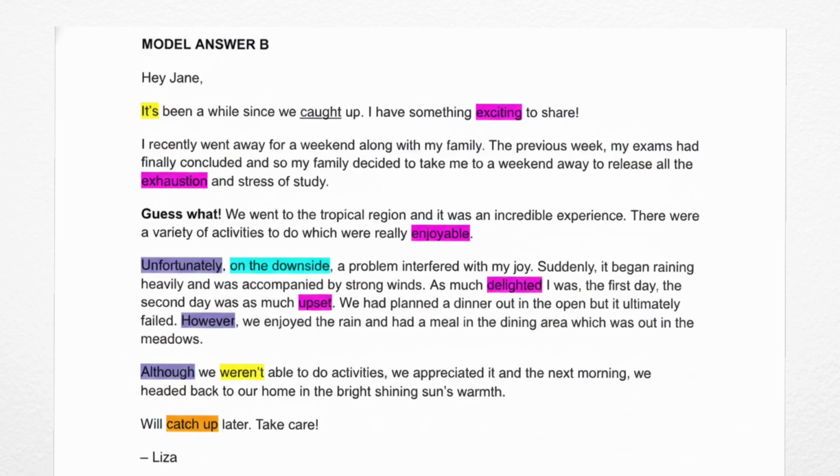See that yellow highlight? The student uses the contraction "it's" in the very first sentence, and they throw in conversational phrases like, "guess what? That's just brilliant." It really pulls you in and makes it feel like you're having a real chat with a friend. We've also got great use of idioms and phrasal verbs like "caught up" and "on the downside." And, just like student A, they use powerful emotional words like "exhaustion," "incredible," and "delighted" to make the story feel